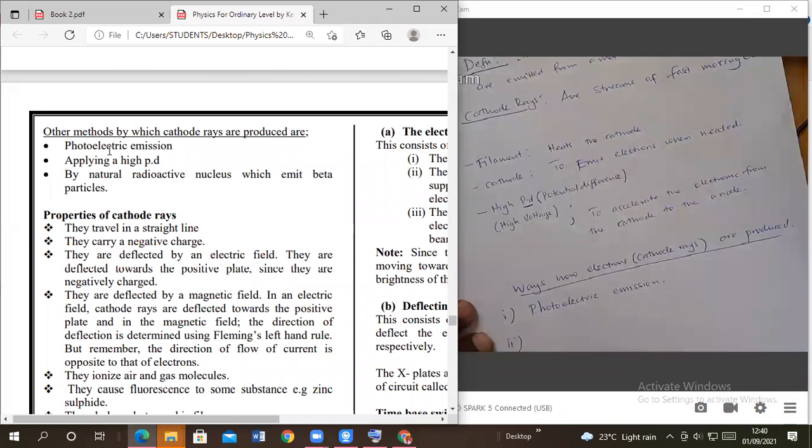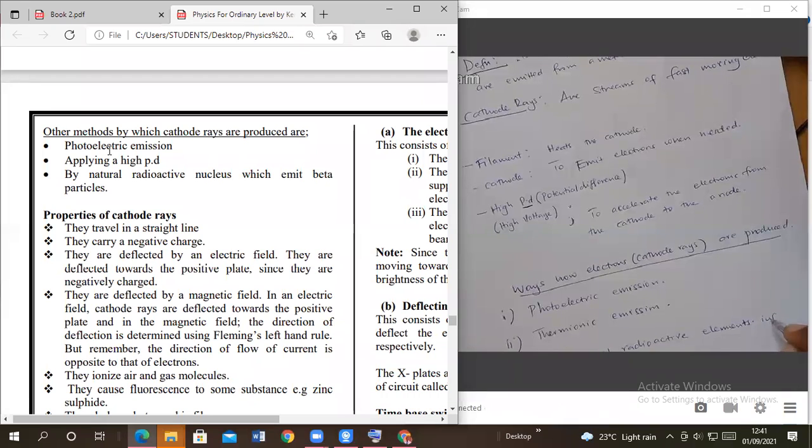And two, they are produced by thermionic emission. And also, they are produced by natural radioactive elements in the form of